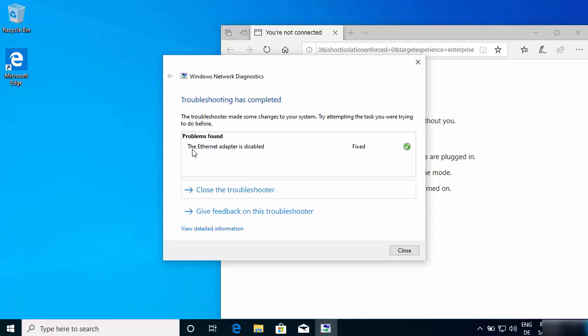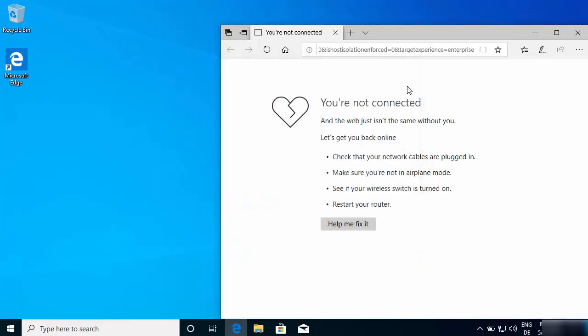So you can see this window. Now the problem which was found, it was this one, and the status for this problem is now fixed. Once you see fixed here, just try your internet again, and if it works then it's very good, but if it doesn't work then we move to the second solution.